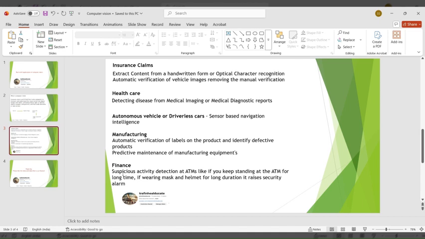If you keep wearing a helmet or mask for a longer time, it gives a suspicious activity impression. The CCTV is continuously capturing your image and activities and sending it to the backend computer vision model, which tries to understand whether your activities look suspicious or not. If it looks suspicious, it immediately sends back a voice